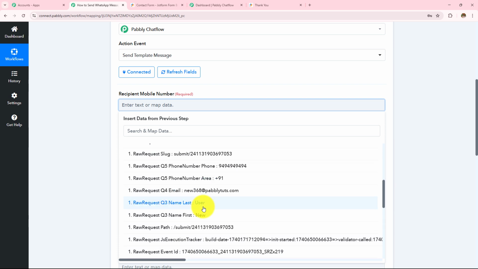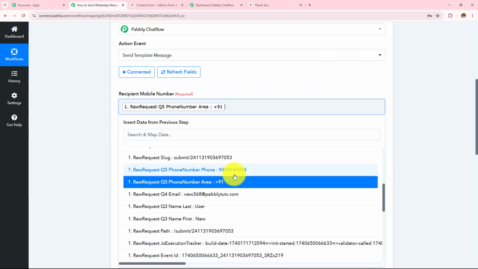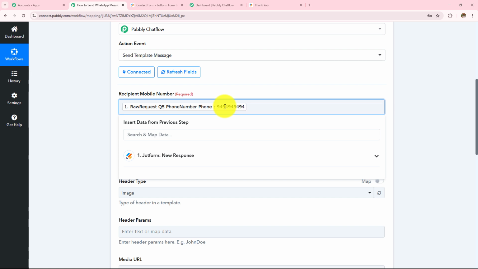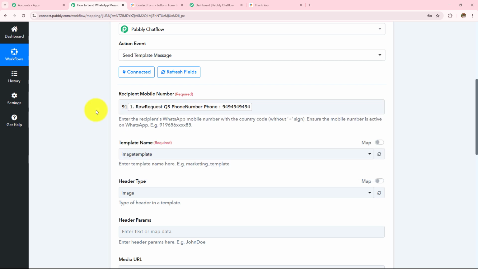Here I need to enter the recipient mobile number. Here I have received the country code and then the phone number. Now I am going to enter both of these. But in the help desk, it is written that I have to enter the phone number without this plus sign. The country code should be there, but the plus sign should not be there. So what I am going to do, I am going to remove this +91, and I am manually going to enter this 91 from over here. So whenever I will receive the response, the number and the country code will be separated. Here I have added the mobile number, and then I have manually entered the country code without the plus sign.